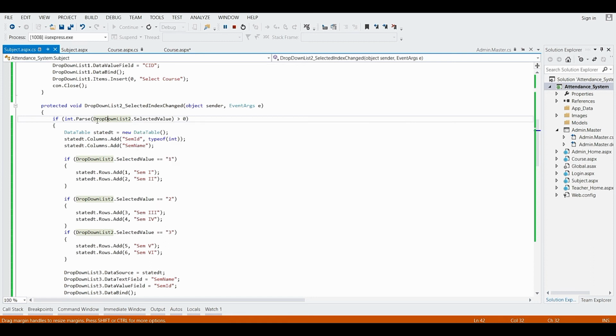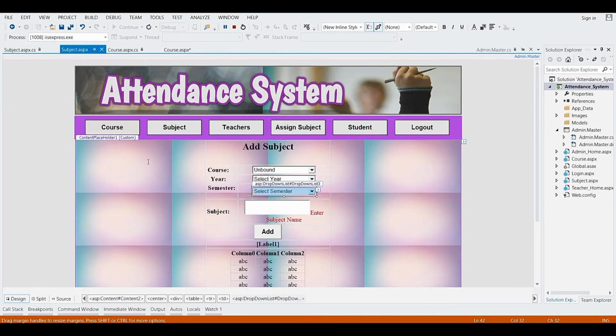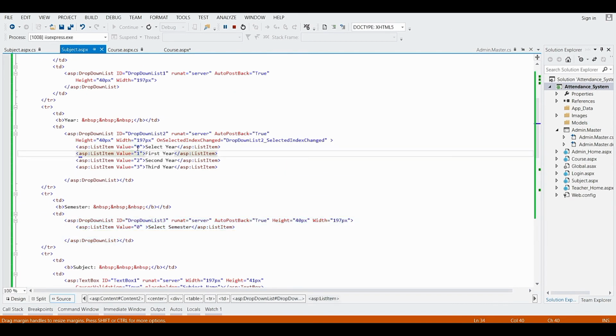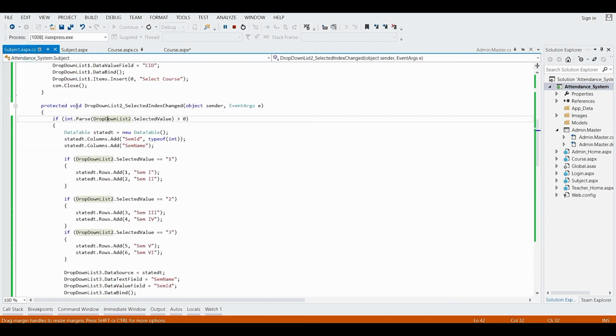Okay, now it will parse it in integer format, because we are getting the id, that is the index value of our drop down list. If you remember, we have given the value as numbers here. Okay, so when the admin selects any year, then this value we are going to get in this drop down list 2 selected value.